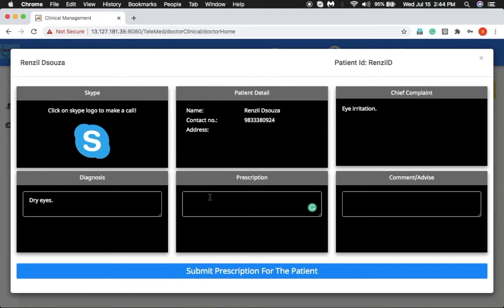Typing in the prescription. The doctor can type in the comments or advice.